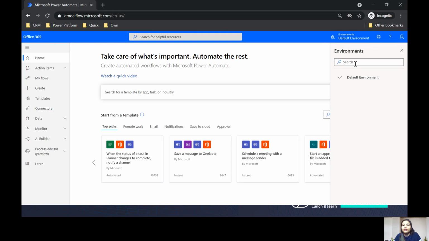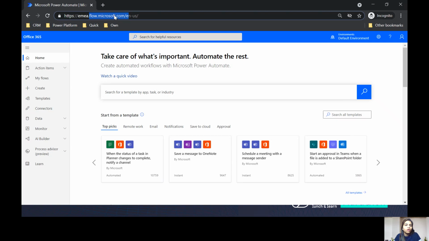Please note, if you have multiple environments, and you're using it for your office, your Office 365 admin will assign you a license and also create the necessary environment for you. You will not create it on your own. Make sure to give a very specific name to an environment as per its usage. So let's say there is a development environment, there is a QA or UAT environment, and then there is a production environment. So be very sure on how to use it.